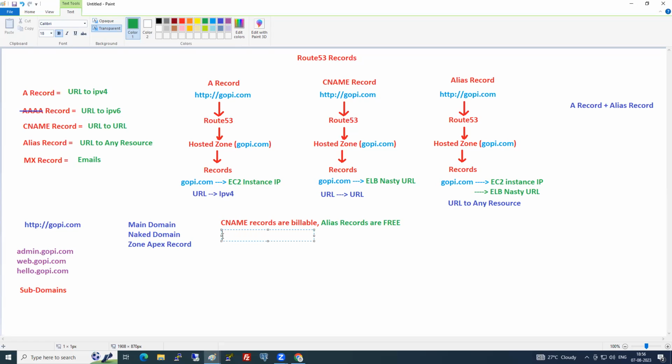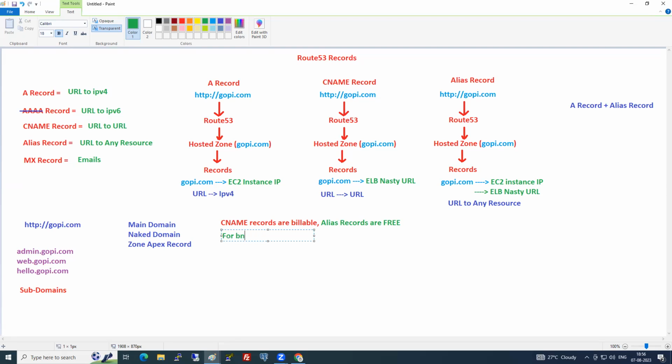No, because CNAMEs are not used for naked domains. I have web.gopi.com. Can you use CNAME? Yes. So CNAMEs will not work for naked domains, but will work for subdomains. If you ask what you should use, you need to use alias. That is the only constraint we have with CNAME.